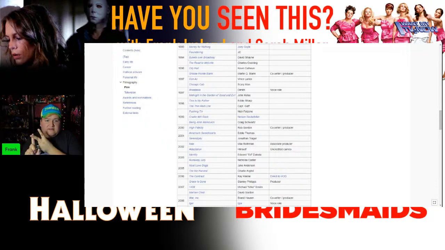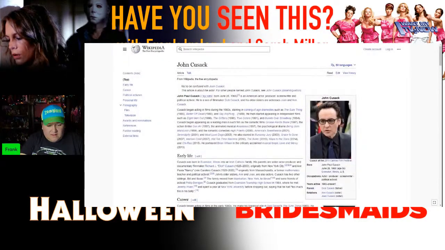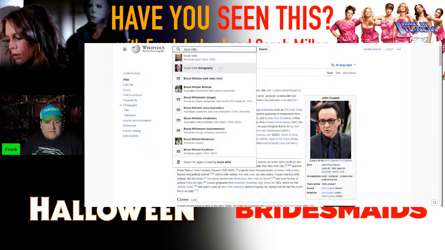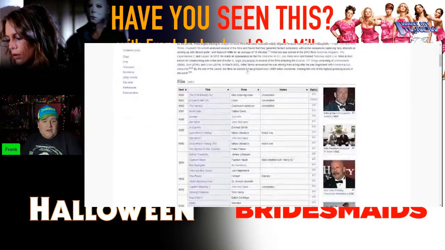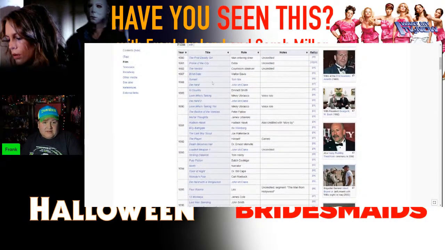John Cusack, Jennifer Connelly, all that. And I'd usually do the same thing for Jennifer Connelly and Bruce Willis. Bruce Willis, I think I had, let me look at his page. I think, yep, filmography. Let's go right to it. For Bruce Willis, I believe it's a good couple of years. So I had at least from